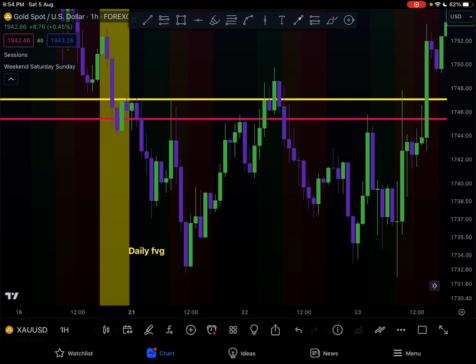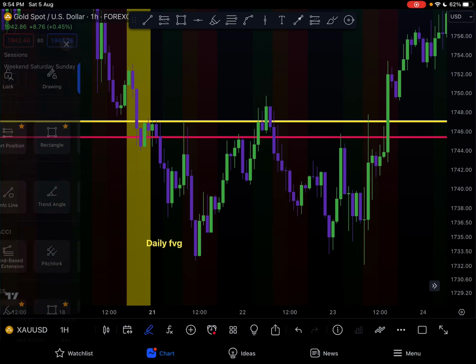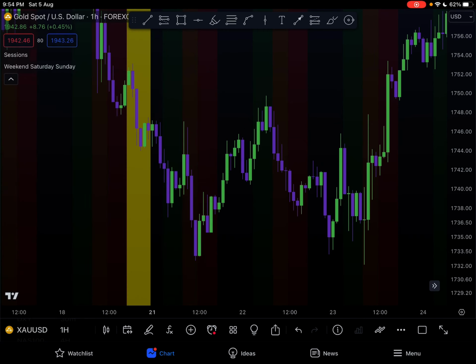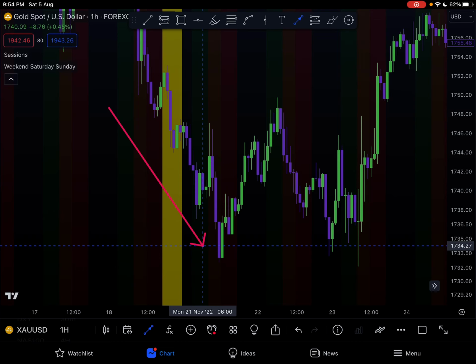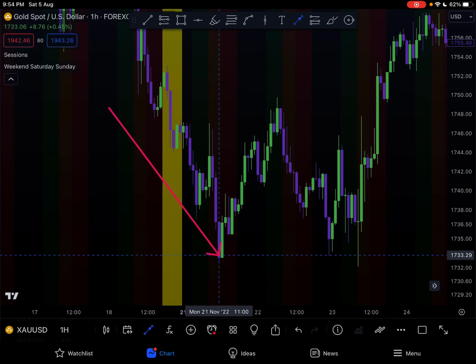You feel me? And so on an hour chart, I can sit there and make some adjustments. Okay? So what I'm going to do, get rid of this, and you see that this is that whole area that's played into this daily fair value gap. See what I mean? So knowing that it's a daily fair value gap, it's going to take a little bit longer for this move to play out. That's what I'm already anticipating. So it might not just be this one day, right? I know that price is going to react. We can run it from there.